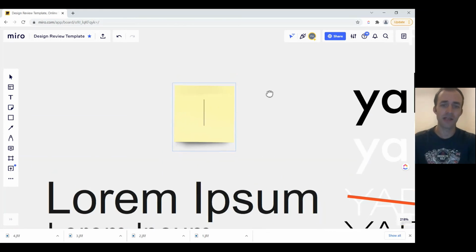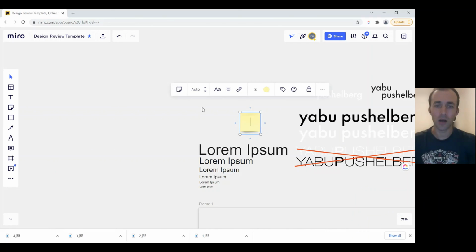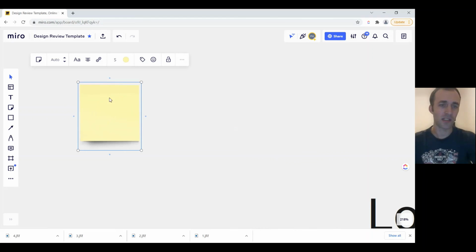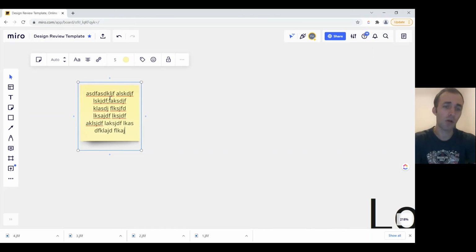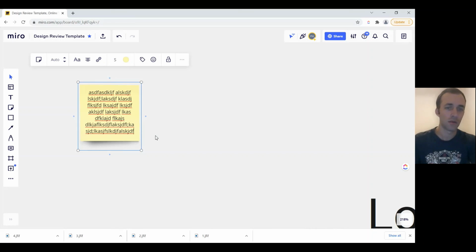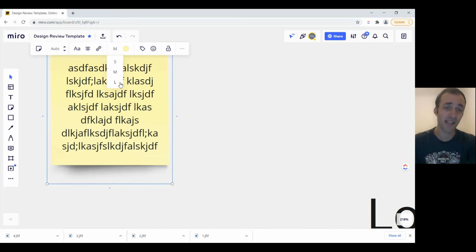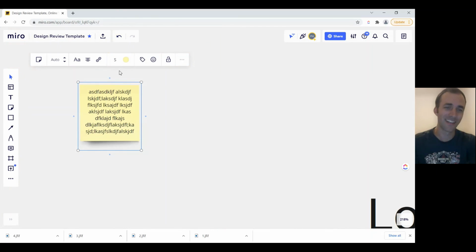It's different from a text field in that it auto scales your text for you. So right now, I have my font size set to auto. What that means is I'm able to start typing just random gibberish, and it'll perpetually get smaller to fit everything on your note, which is really helpful, especially when you're brainstorming. Click on that, and I'm able to actually change the size of the note. Whoa, getting really big there. And then I can also change the color, which are preset. Great, and then also link,